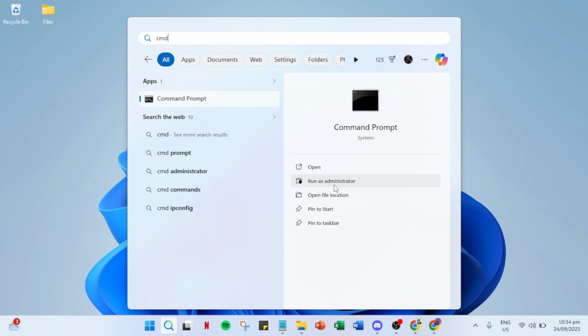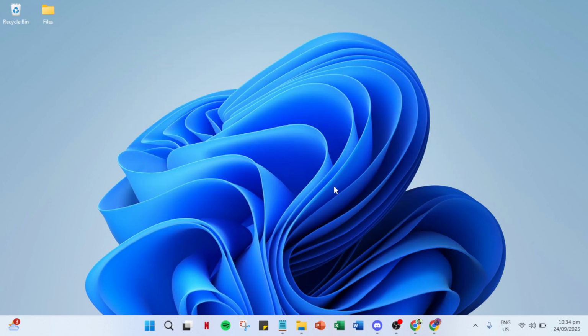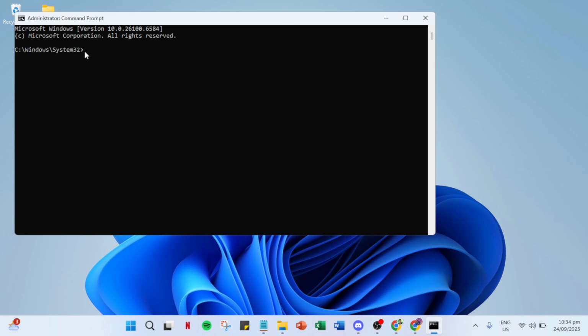But we're not going to open it as we normally would. Instead, it's important to run it with administrative privileges to ensure we have the necessary permissions. So right-click on the Command Prompt option that appears, and from the menu that pops up, select Run as Administrator. This will open a new window which may be slightly different from the usual Command Prompt window because it has